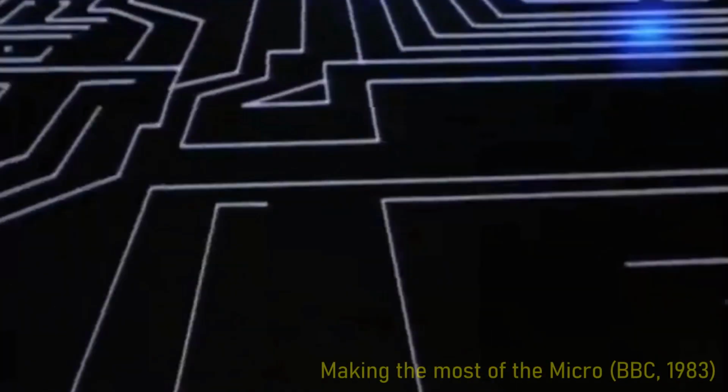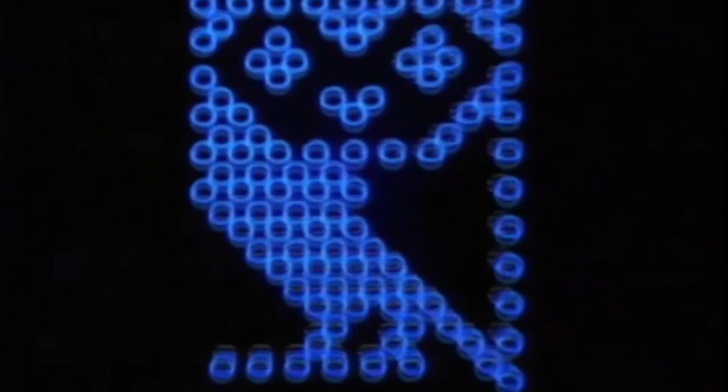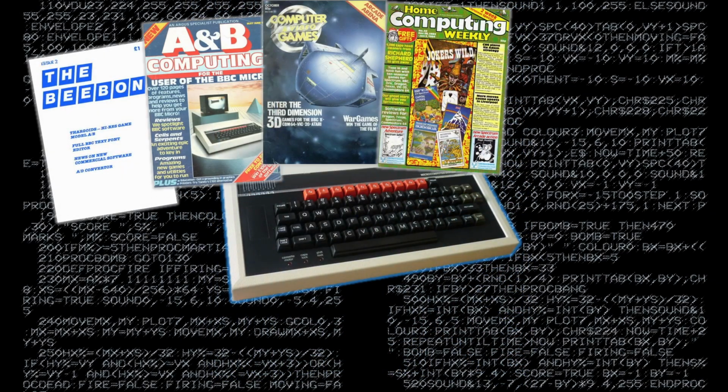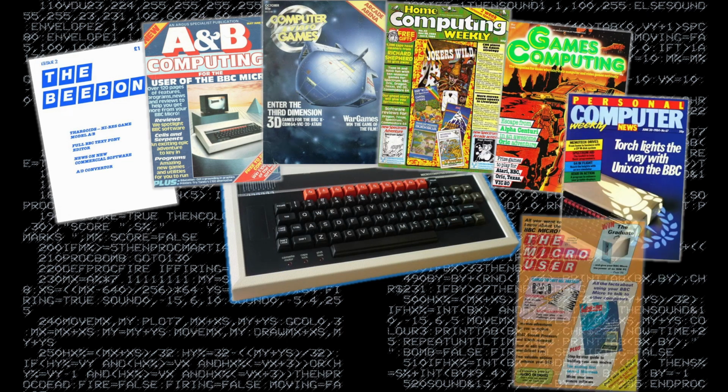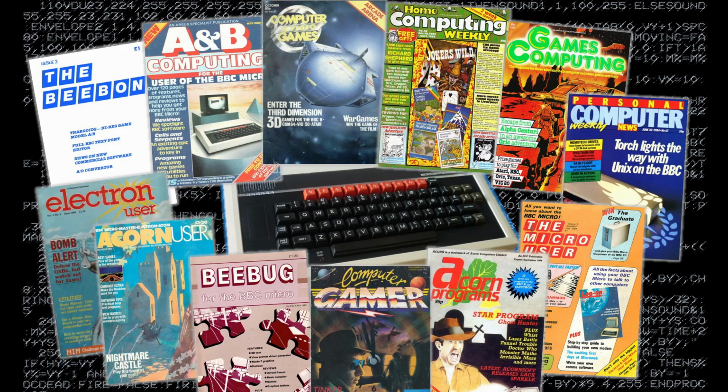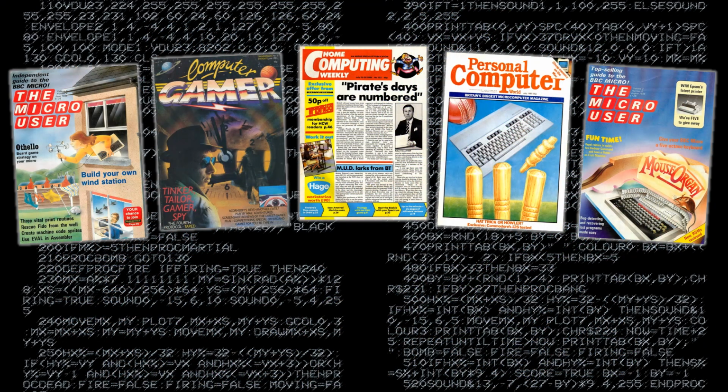Hello and welcome to episode 15 of the History of BBC Micro Typing Games, where I look at games listings for the Beeb that were published in the many computing magazines of the 8-bit era. As well as trying to work out if it was ever actually worth the time it took to type these games in, I also tried to pick out some interesting content from the magazines to help give a flavour of the home computing scene at that time. In this episode, I'll continue looking at magazines and typing games from 1985, exploring 5 publications from June to August